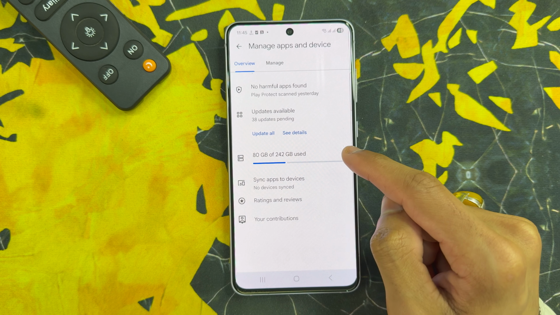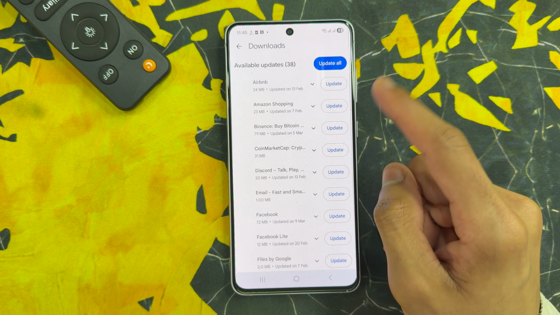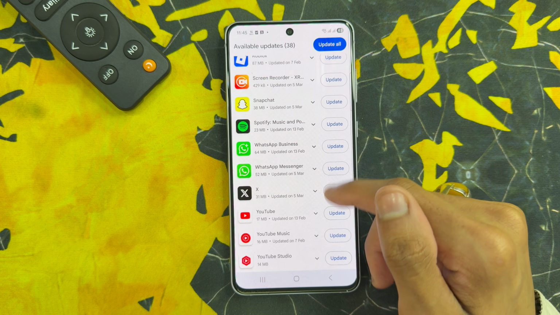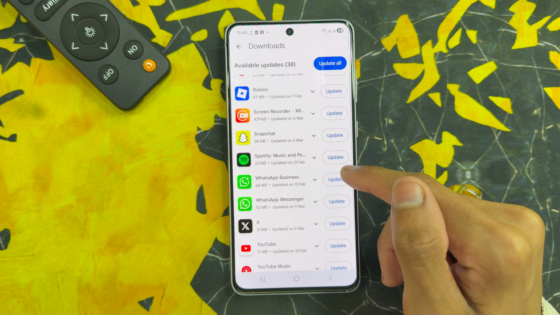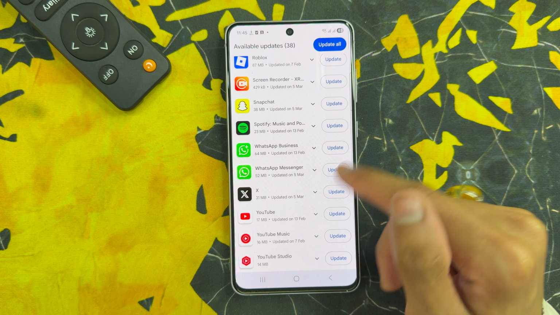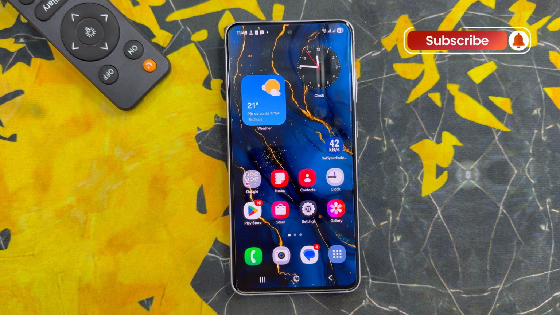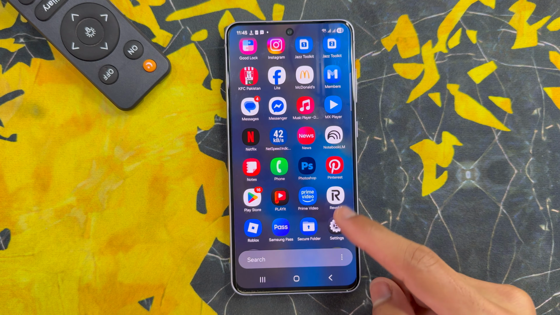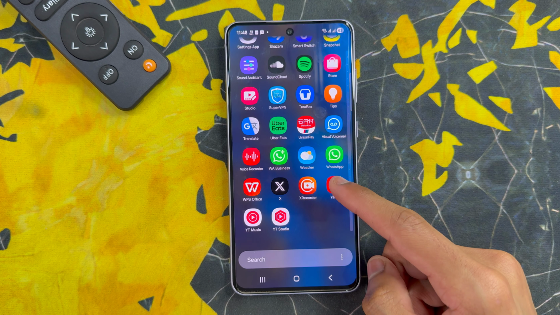After clicking on manage apps and device, click on update and you will see select app from here. After selecting app, click on update. After updating apps, go back to home screen. You will see your problem is solved, but if it is not solved, go to app library,